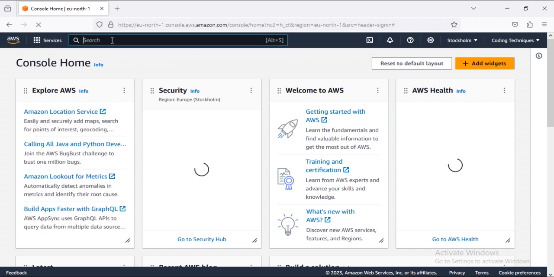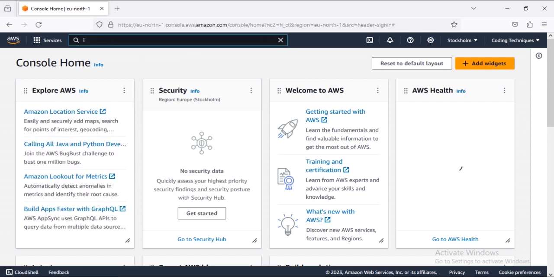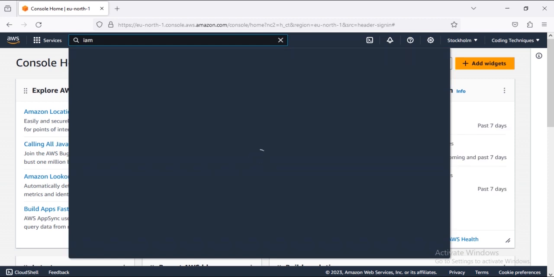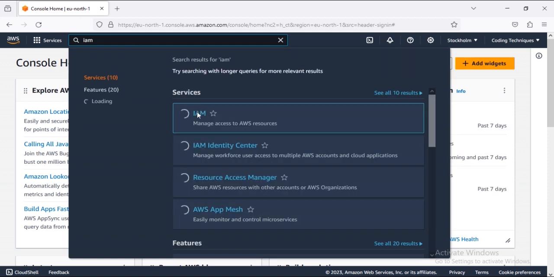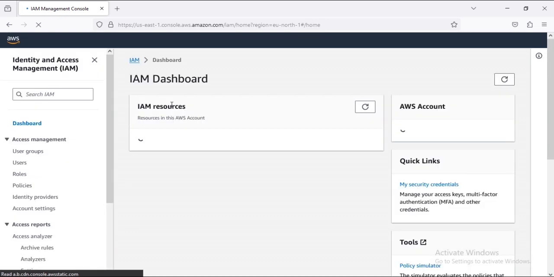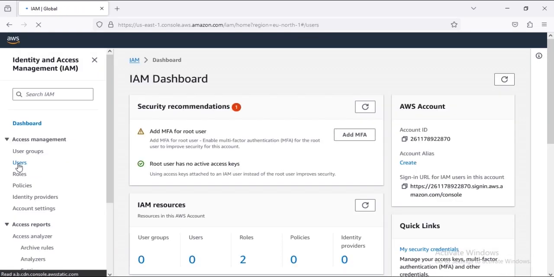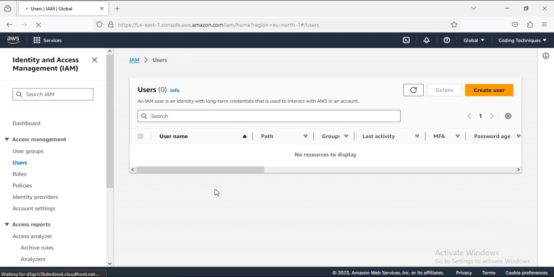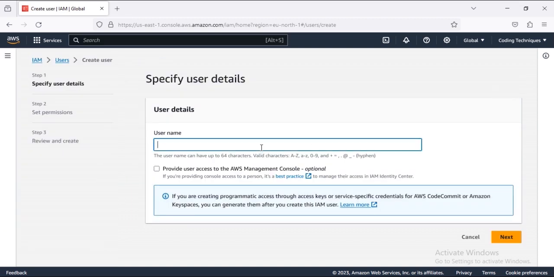So here we will search IAM user. Okay, so here is IAM. Let's click on the IAM. Now let's go to the users. So we have no user. Here we will create user. So let's name this user SNS,